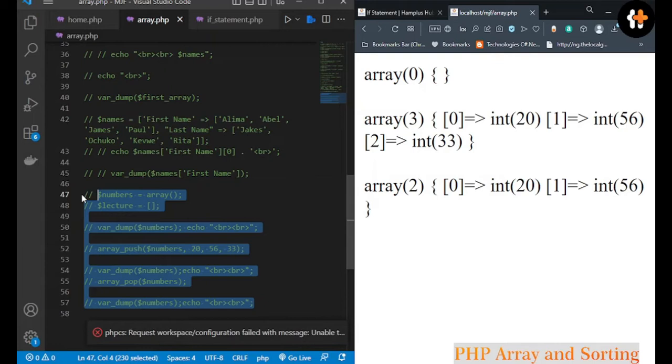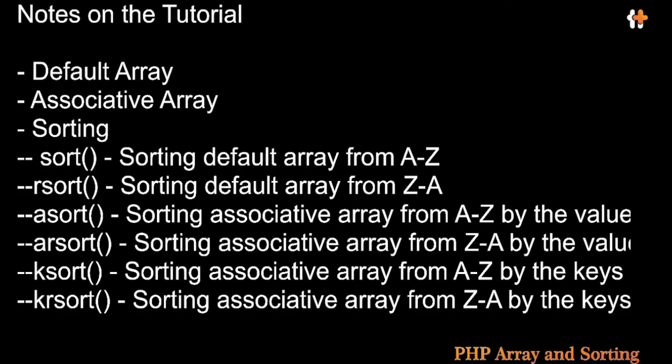Because presently we'll be looking at sorting an array, and we can sort an array in either an ascending order or a descending order. PHP presents to us six functions which we can use to sort an array. If you see on the screen, we sort a default array either ascending or descending,